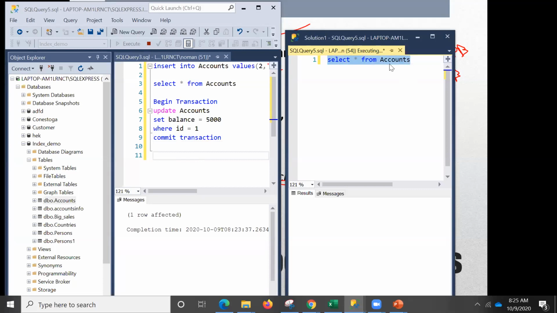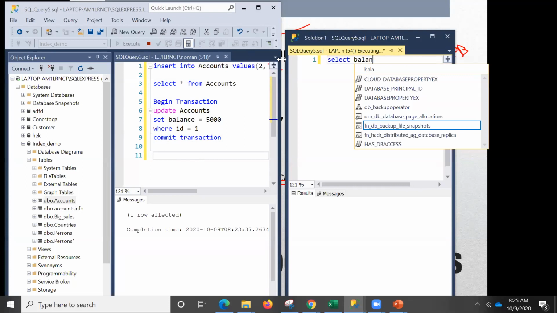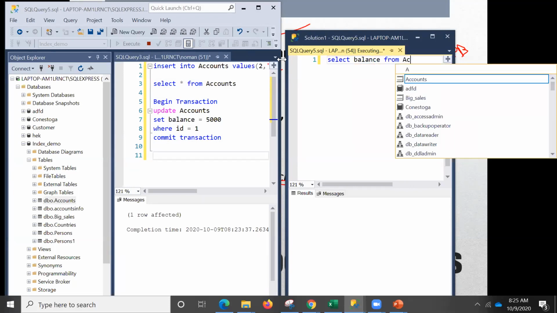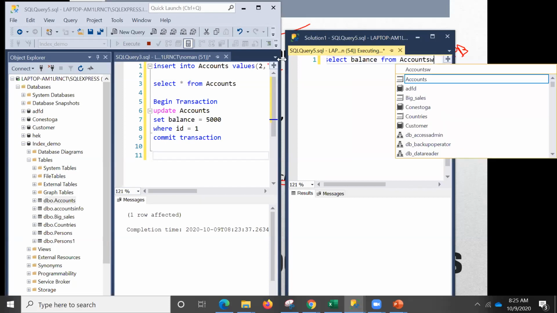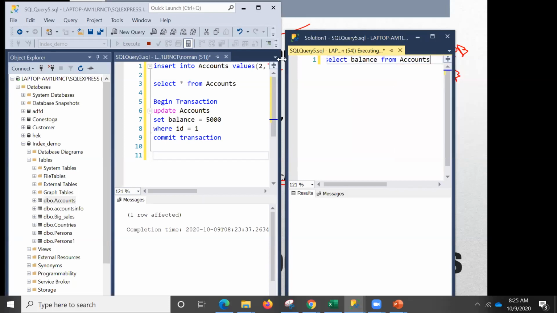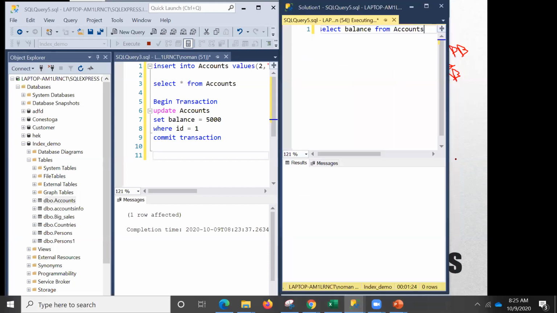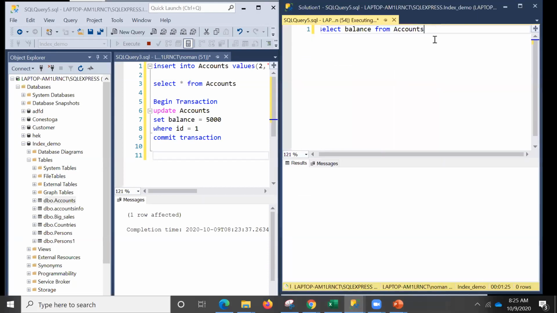Let me just see that. Let me change that, ID equal to 2, for example.